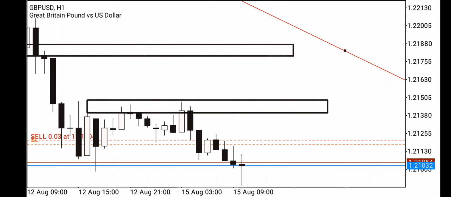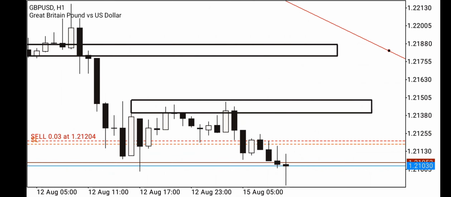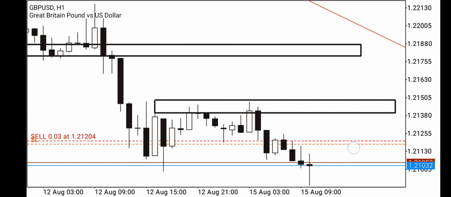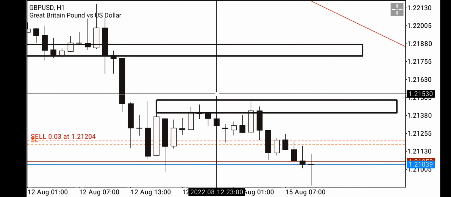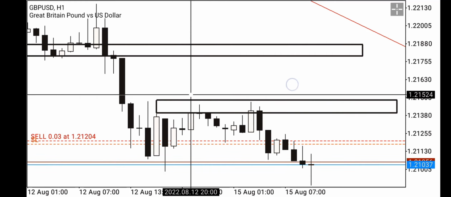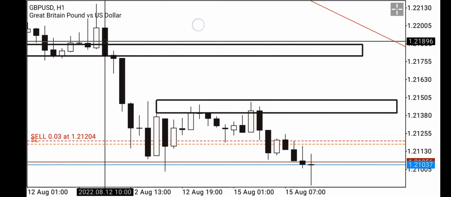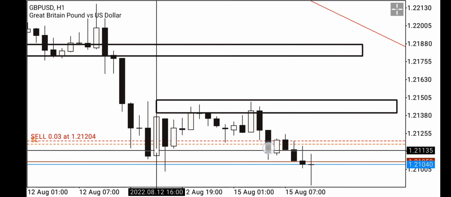Now I have this at the back of my mind. I'm only looking to sell. So I'm not going to lose here looking for a buy, because I'm not looking for a buy. I'm looking for a sell. Now when I get to my 1 hour, I'm looking for confluence to confirm what I'm seeing on my 4 hours. We have a push phase